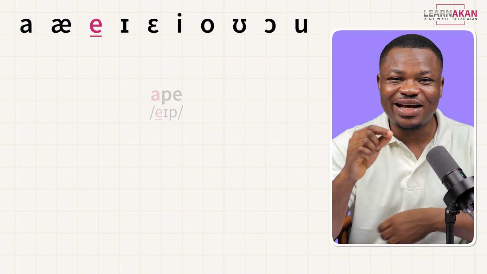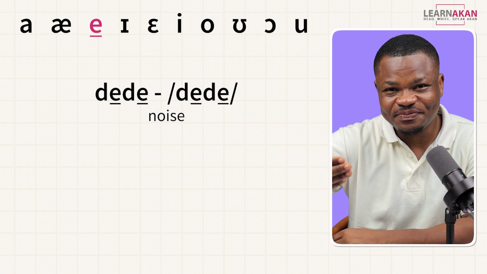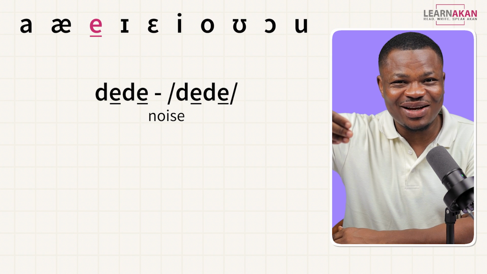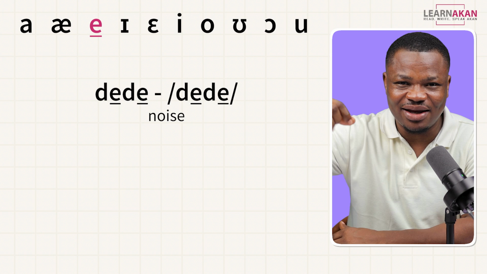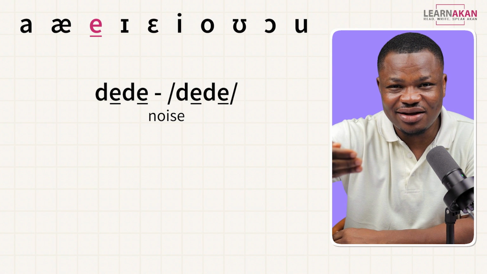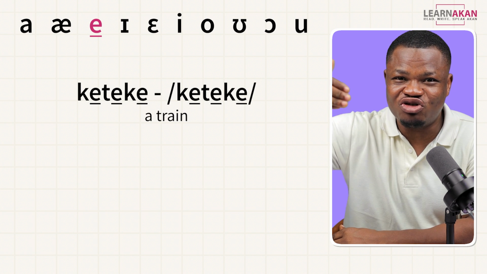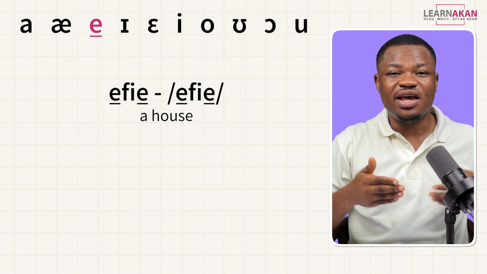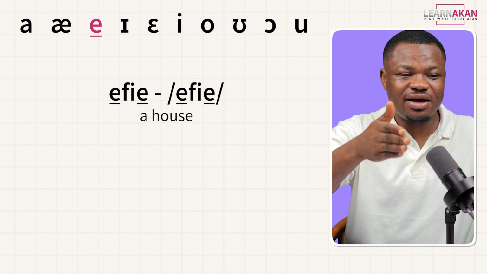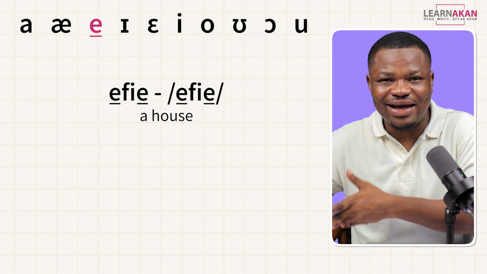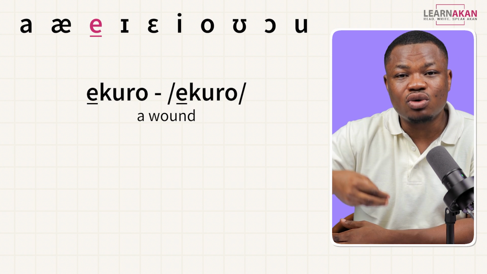This is it. So for word examples, we had in the vowel harmony introduction, didi, okay, didi, noise, right? So you hear the E in there. We also had kitiki, a train, okay. We have efie, so there's E at the start and then there's E at the end. Efie, ekru,